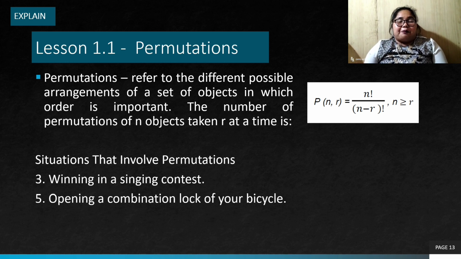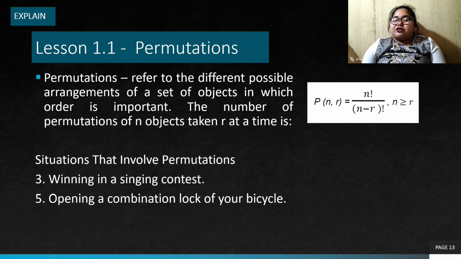Permutations refers to the different possible arrangements of a set of objects in which order is important. The number of permutations of n objects taken r at a time is P(n, r) equal to n factorial over (n minus r) factorial, where n is greater than or equal to r. The situations that involve permutations are number 3, the winning in a singing contest, and number 5, opening the combination lock